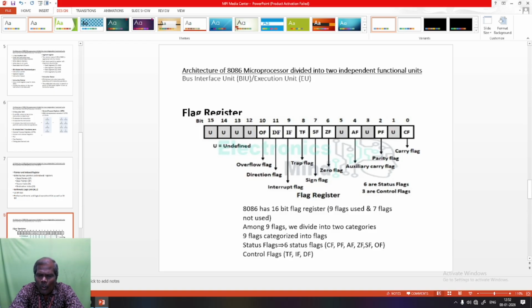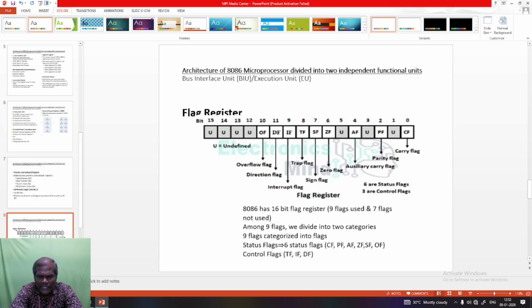After finding the result, we need to check the status of the result. For that we use the flag registers.